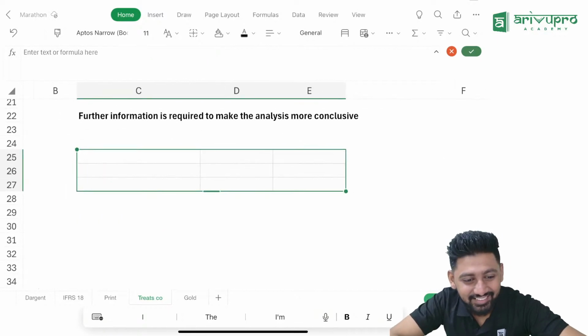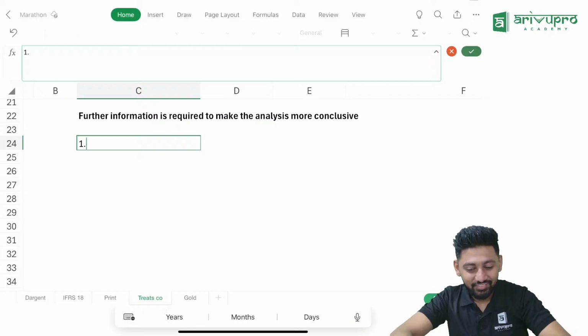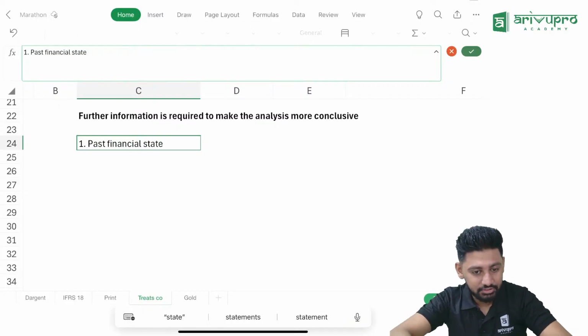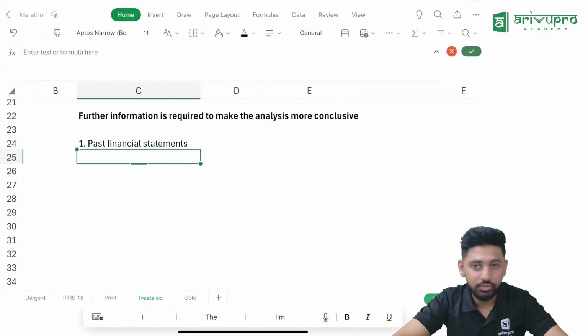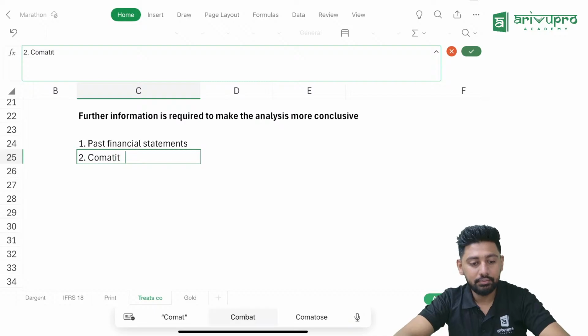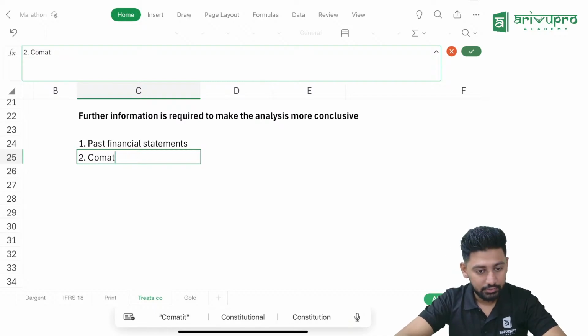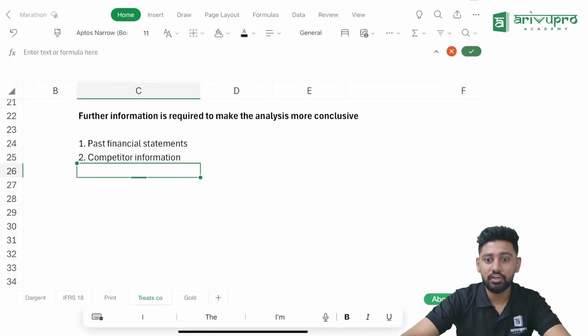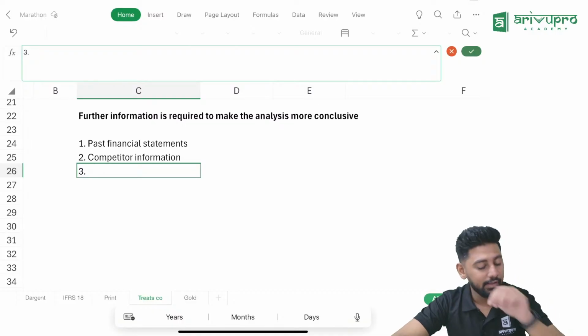We are just focusing on how you are writing. Number one, past financial statements. I need that because I don't have comparable financial statements. Number two, I need competitor information. Competitor information will give me a fair idea of what is happening, my GP margin, everything will give me a proper idea. Number three, I need details